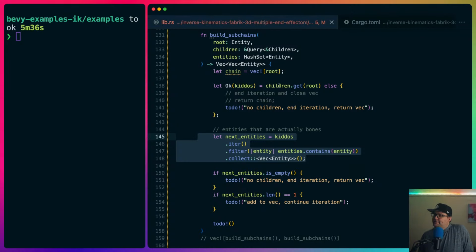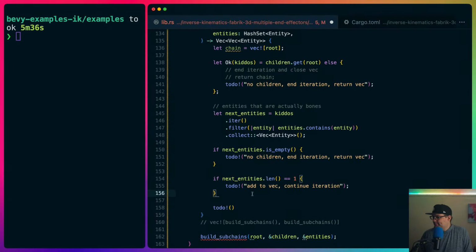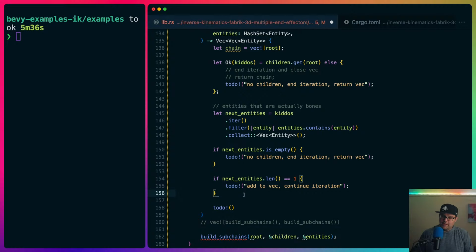I guess we could write this in a way that does a children get, map it or whatever, and then put these conditions in the same place, but that's for a refactor, I think. So if 0 or 1, well, if 0, we're done. If 1, then we add it to the vec and we continue our iteration. If more than 1, then we have to iterate over these